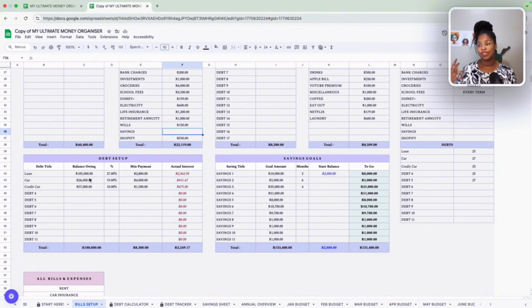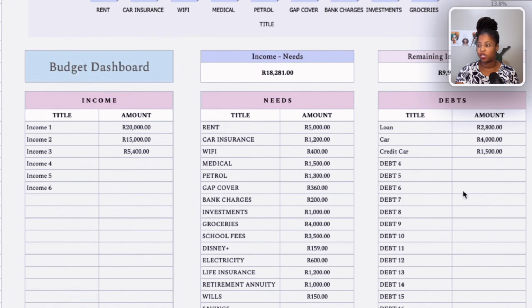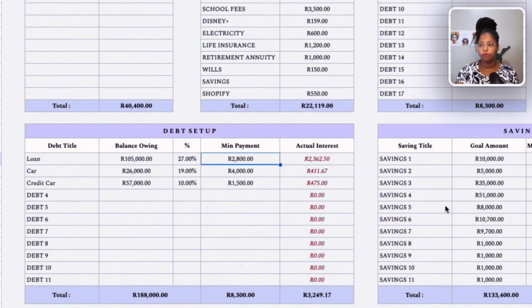Okay, so if we go down over here now, this is the most interesting part. If you are in a journey of attacking debt, of paying off debt, this will then open your eyes to what you're working with. So first thing that you can change here, obviously you can't change this over here because it's automatically changed. You also cannot change this here because it has automatically populated from up here. The only thing you can change is how much you owe and the interest on it,